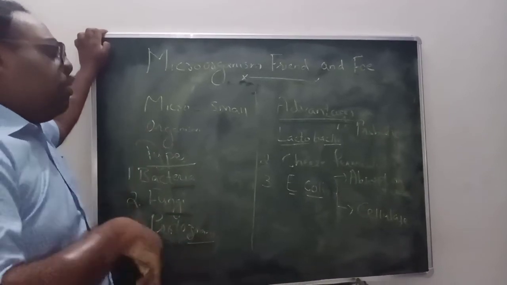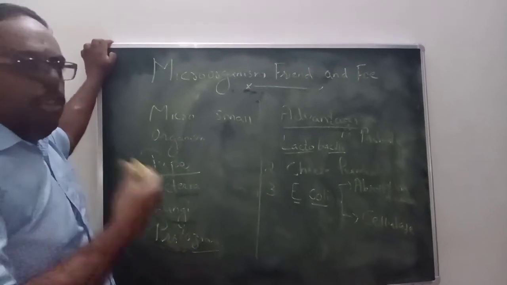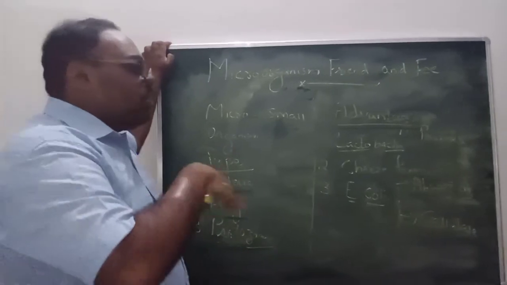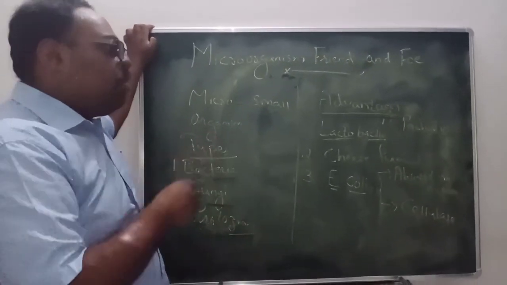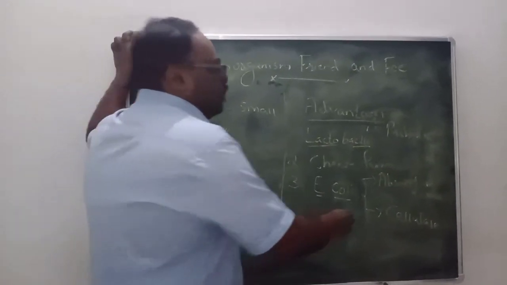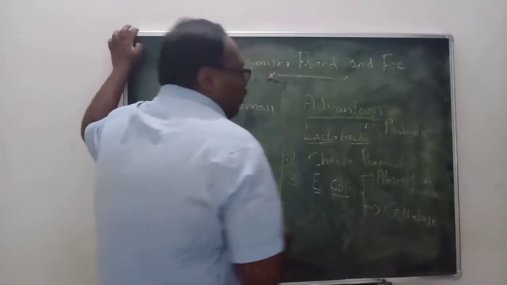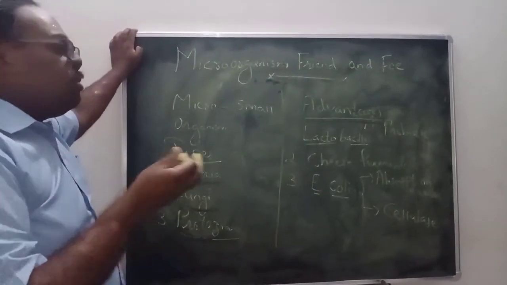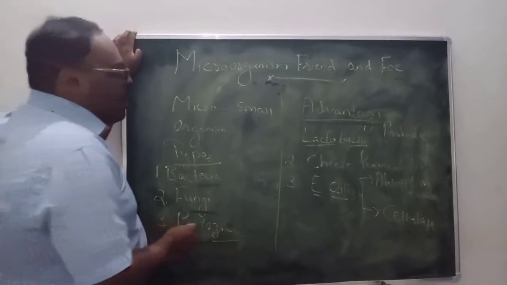This E. coli is living inside our body as a symbiotic association. That means our body gives the area for living to them, and in return they are helping us in two ways: one in absorption of water, another in helping to secrete the cellulase enzyme. Number four,